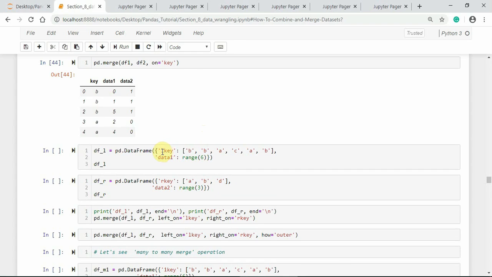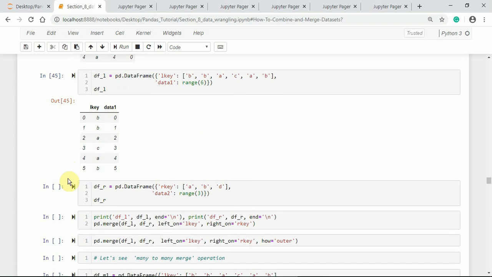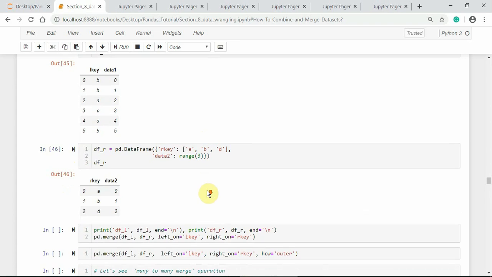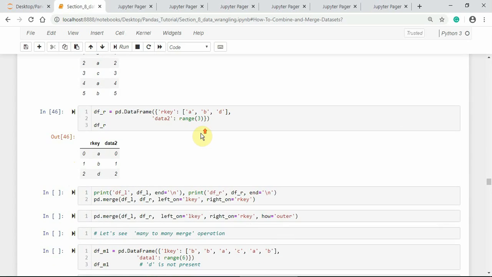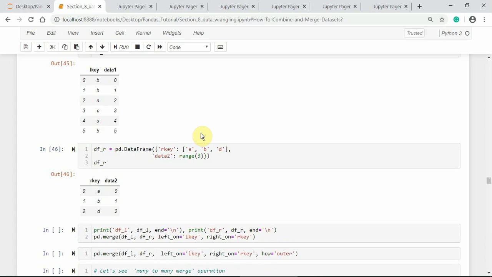Here I am using left key and then right key for the merging case. Now in data frame 1, the key column is now left key and in data frame 2 it is right key.